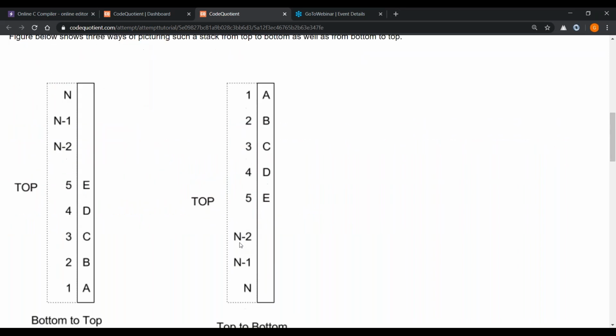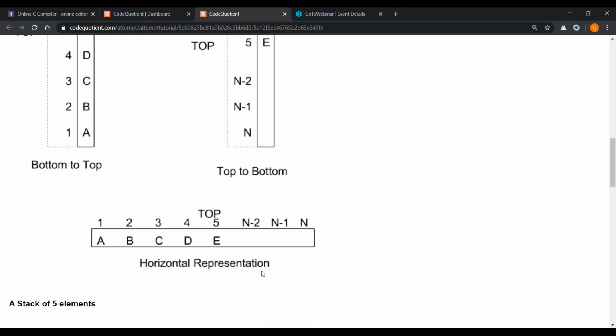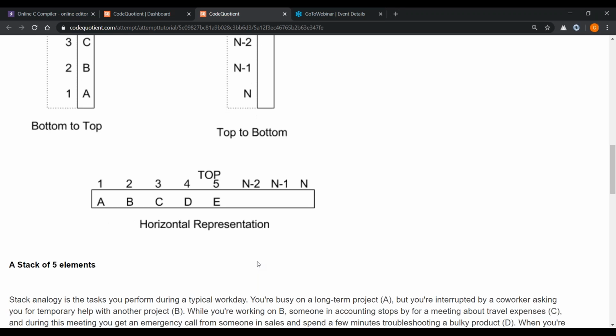For example, if you have pushed the elements A, B, C, D, E, kindly have a look at this horizontal representation. The popped elements will be E, D, C, B, and A.